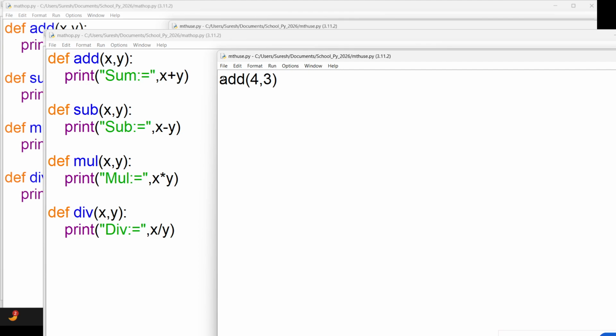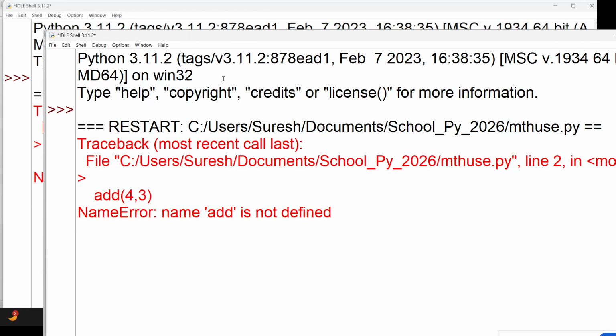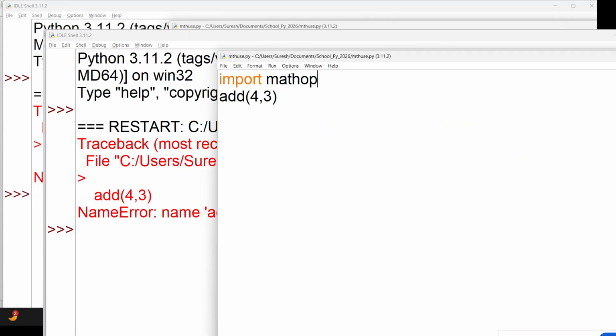So how can we use that add function here? We have to import that file. Now you got the concept. We import the file name, which is mathop.